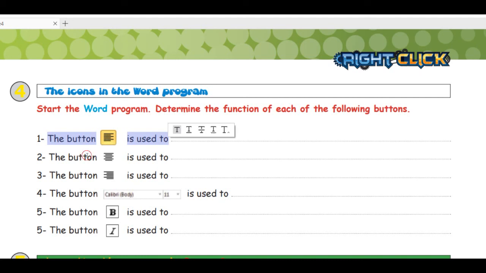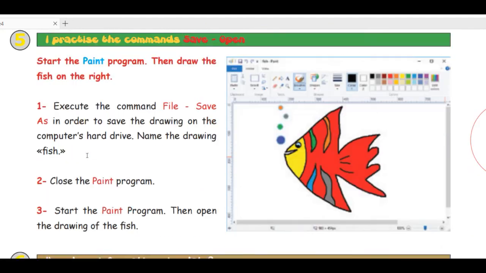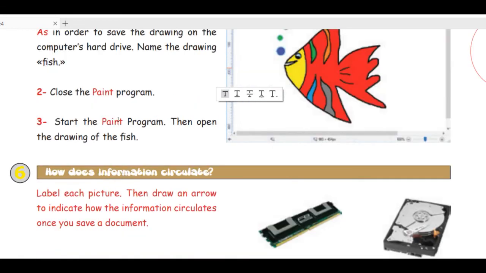functions in the program Word, and after that, if you have time, you will ask them to open the program Paint. I made a mistake maybe at the beginning of the lesson. I told you no need for software, but if you have time, you can ask them to open the program Paint, and then to draw the fish, and then execute the command file save or save as in order to save the drawing. Close the program Paint, and after that ask them to open the fish again, and at the end